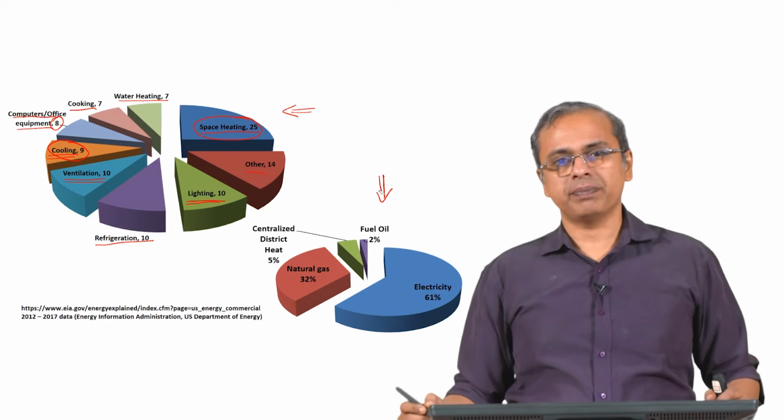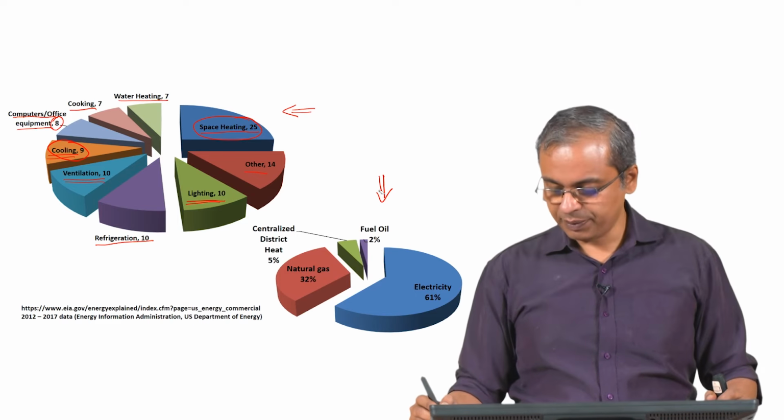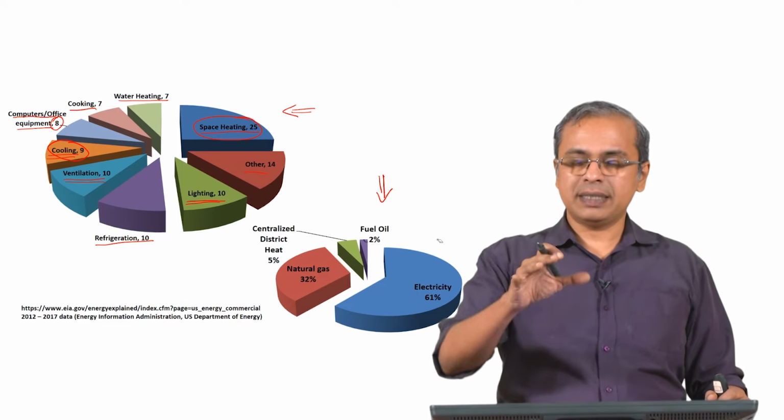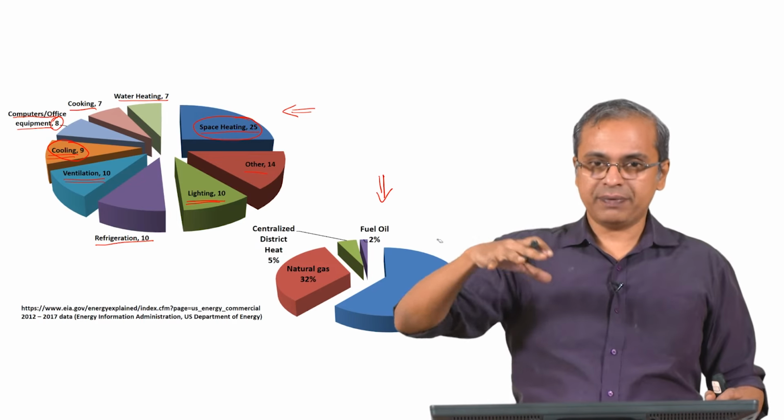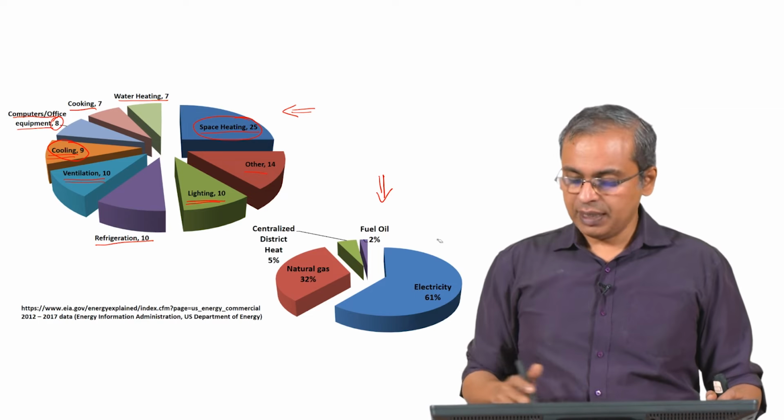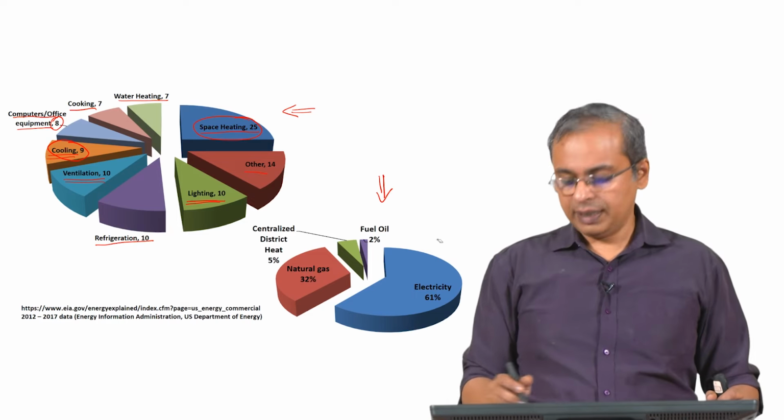Where does this energy come from? From which sources is it coming? In typical buildings, because it is set up in a city, and that is the kind of setup that we are looking at in this distribution, much of this energy that you just saw is coming from electricity.